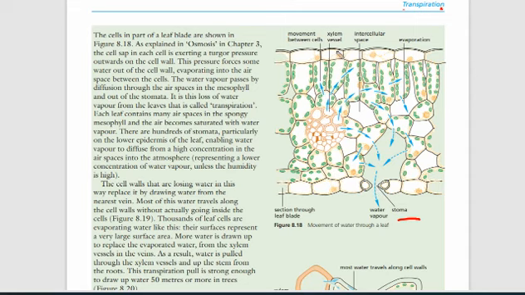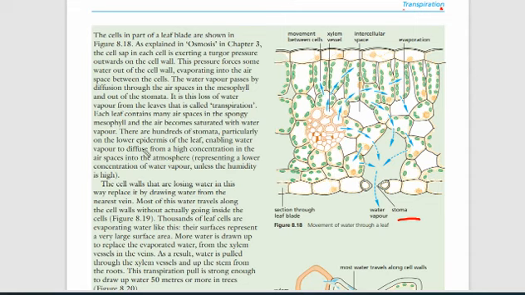So how is this water evaporated? From the leaf mesophyll cell, the water goes to the spongy mesophyll cell, and from the spongy mesophyll cell it enters the intercellular spaces or the air spaces, and from the air spaces it diffuses out. That means the water is present in higher concentration in the leaves, and outside the water is present in low concentration. So it diffuses out from air spaces to the stomata and then to the outside, and then ye air ke andar move ho jayega.